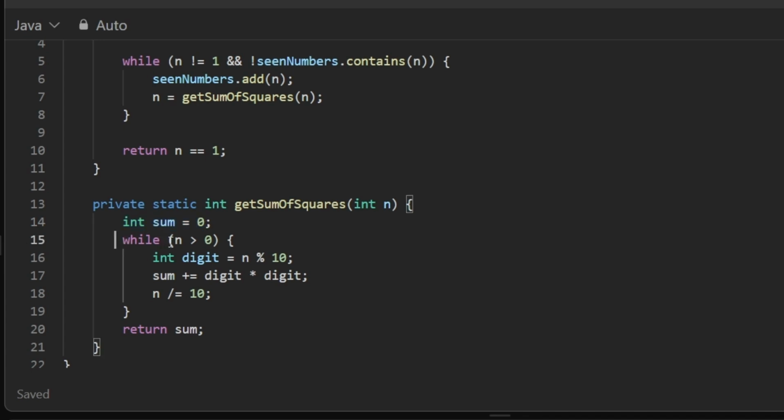Now while the given n is greater than 0, we are going to start breaking the given value n digit by digit by doing a modulo of 10, and we are going to add the square of that particular digit to the existing sum, and then we are going to divide the current n by 10. And notice, because n is an integer, all the fractional values would be eliminated and we are only dealing with raw integers. Now in the end we simply need to return the sum once we get out